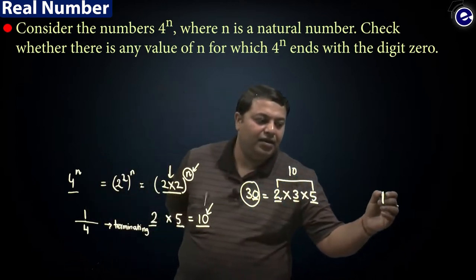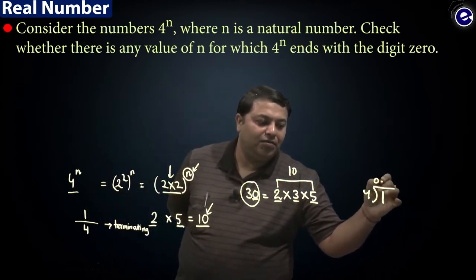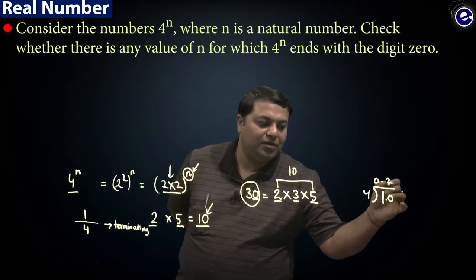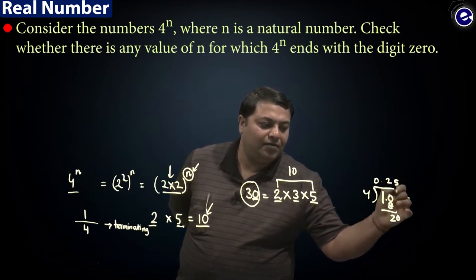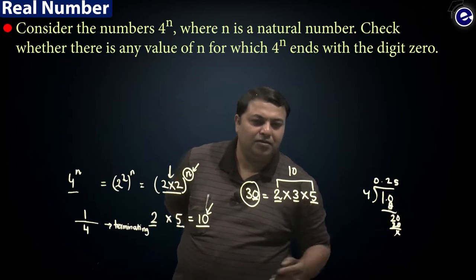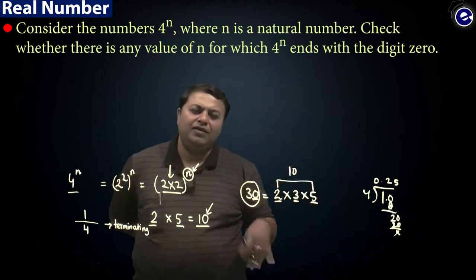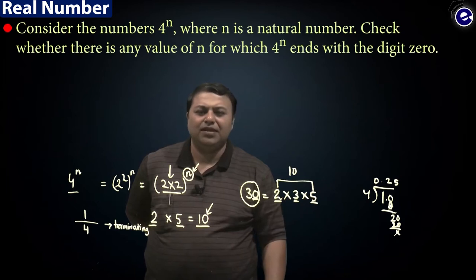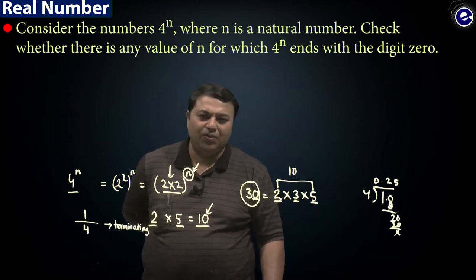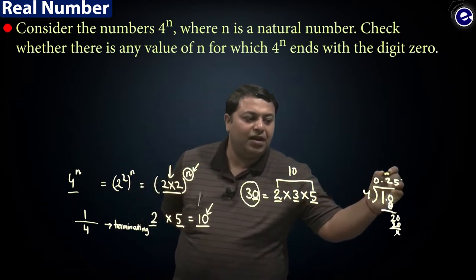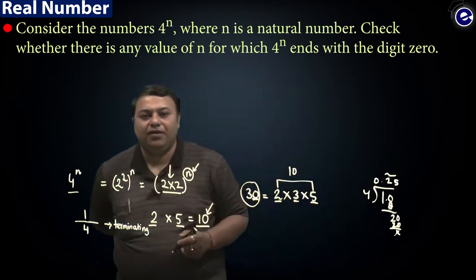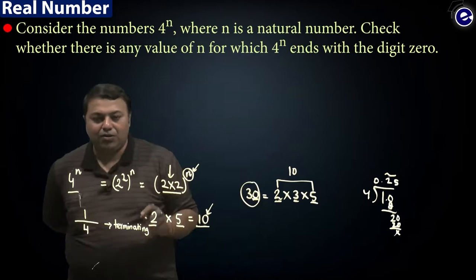Okay, I'll divide it and I'll write 0 point, then 4 twos are 8, then 20, 4 fives are 20. So do you think you always have to divide to know whether something is terminating or not? No, we don't need to. There is a way out. And you can also find out the number of decimal places it will have. I'll tell you how to do that.